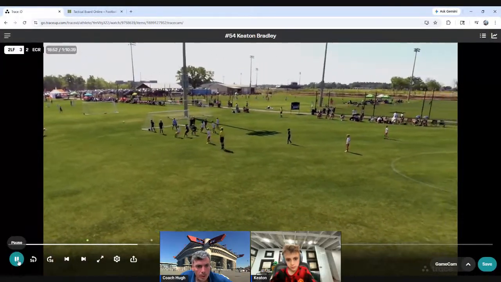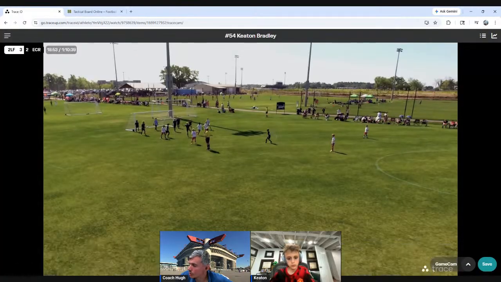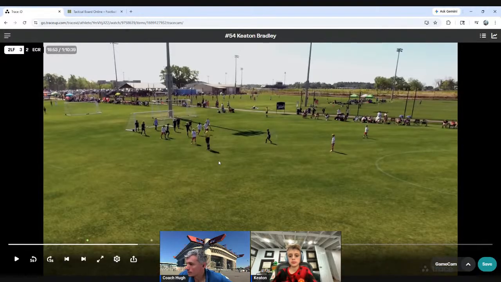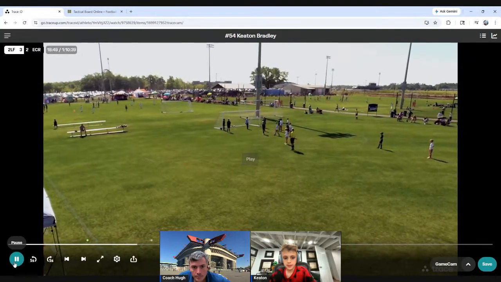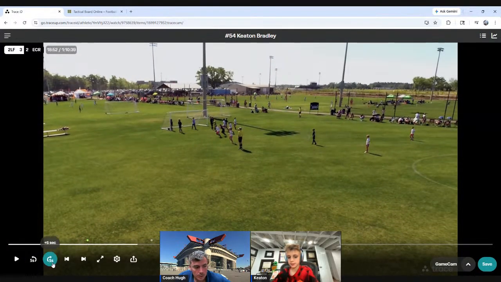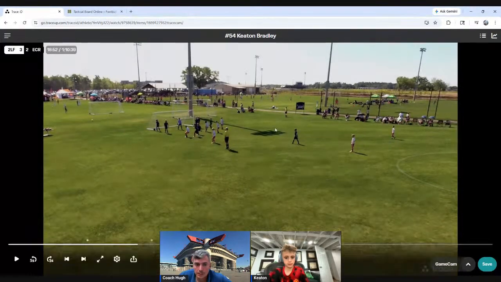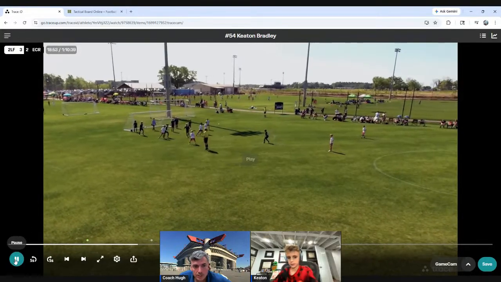Ball comes in. Okay, so body shape. You really want to try to always be facing the goal when corner kicks come in. That way, if the ball drops to you, you can shoot it right to goal. When your back is to goal, you really don't have a lot of options with attack. So one of the things you could try and work on is how you are facing when corners are live. Could we have potentially predicted the trajectory of this ball and got behind it? Maybe. As soon as that ball is kicked, you've got to predict where it's going to be and then adjust to it quickly. And it looks like right here, you're kind of just standing still,